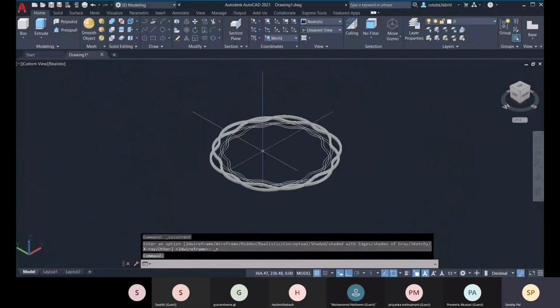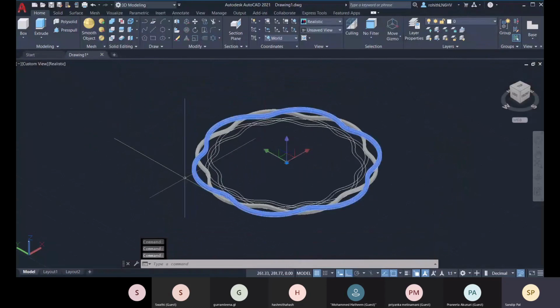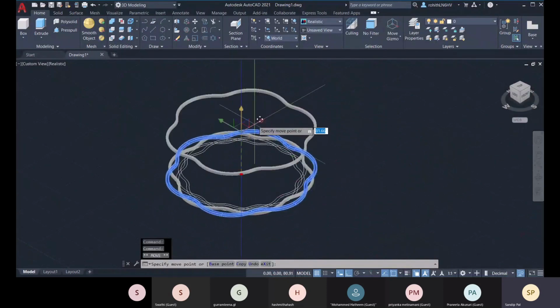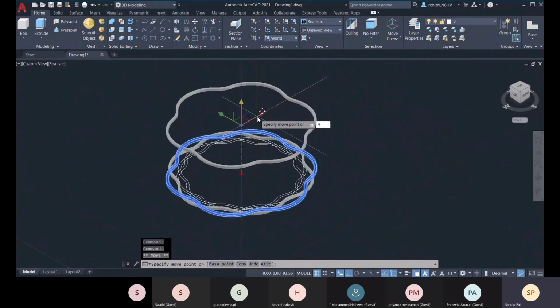So what will be the height? So the total height will be like 50 centimeter or 45 centimeter, like that you will be giving the height. So this outermost will be at the top, so you will be giving, let me give 42, enter.